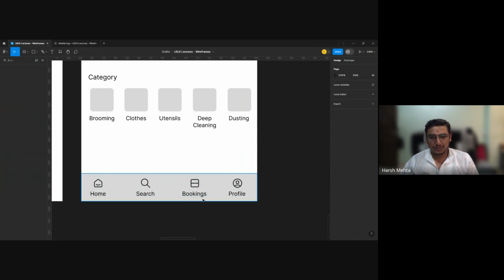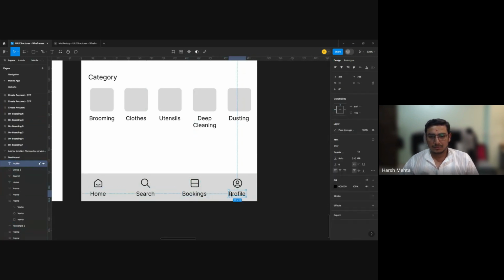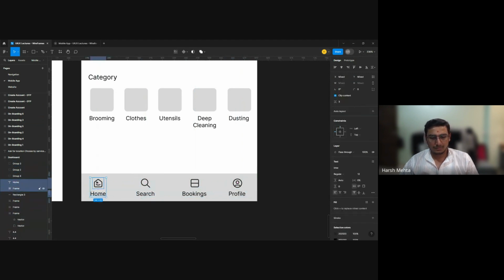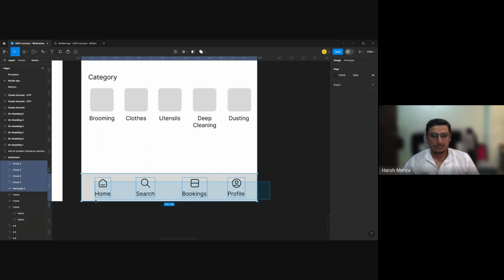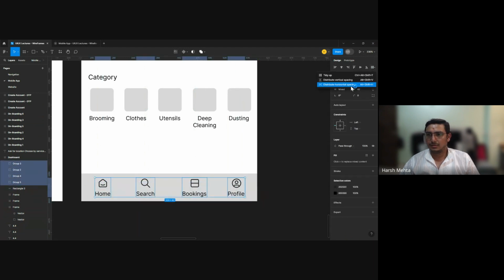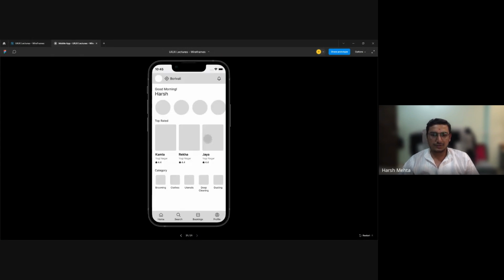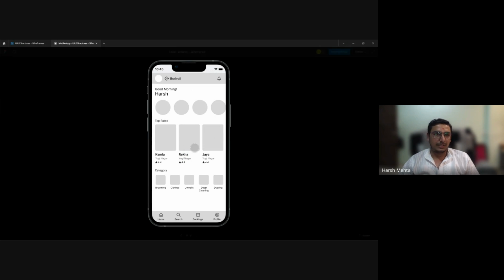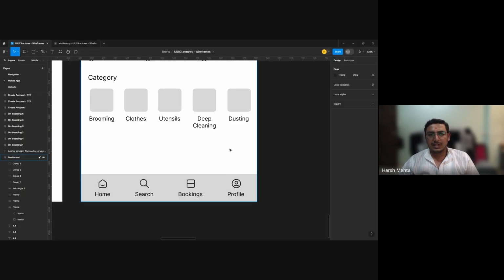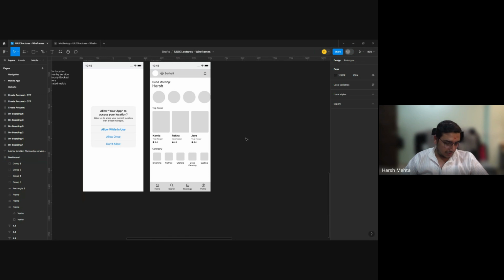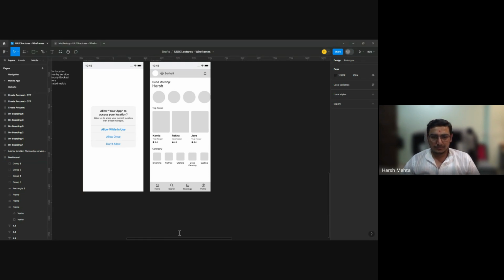So let me do these. Right. So now let's view this. Now if I view this, this is what our dashboard looks like. Correct. So since we have some more space, what we can do is,